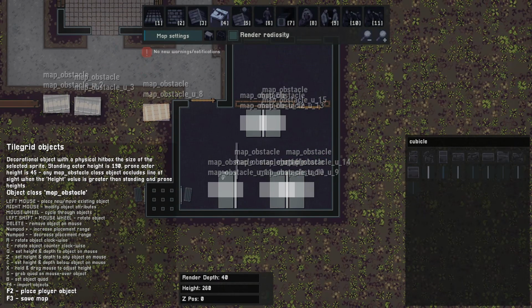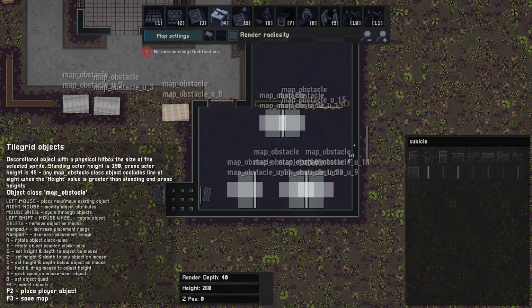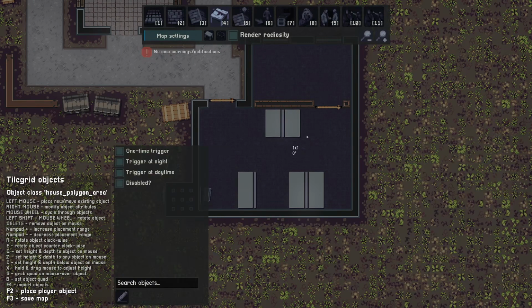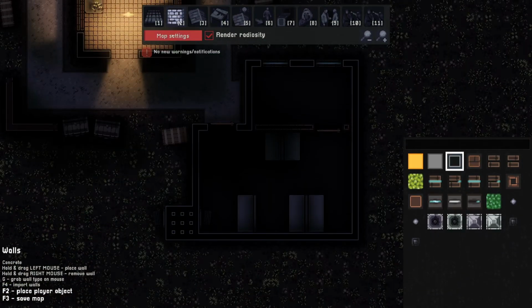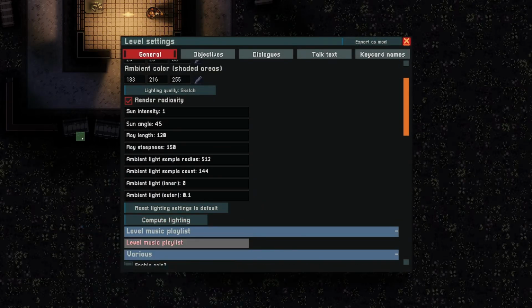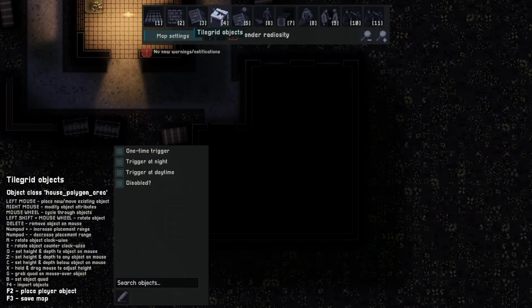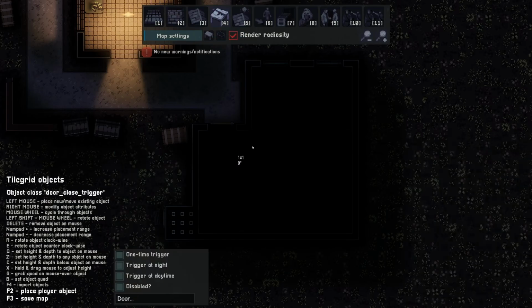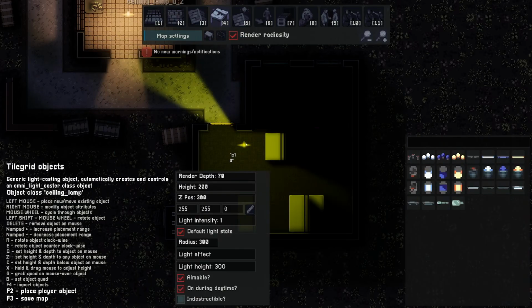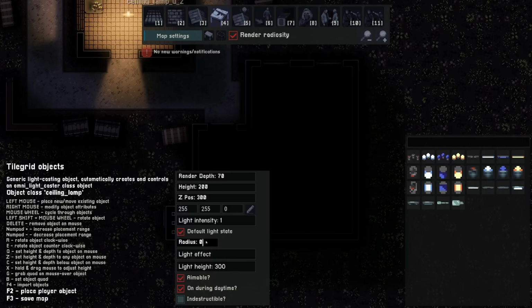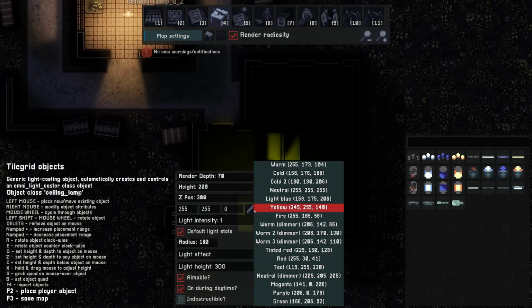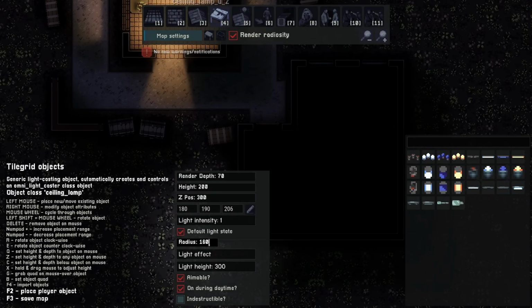Now that I have the cubicles in place, I know that they are pretty tall and will block light. That is why I will compute the static lighting once more so that I have an idea of how dark it is inside, switch over to the tile-grid objects placement mode once more, then go all the way back to ceiling_lamp, set the radius to 180, switch the color to cold, actually I'll set it to 160, and